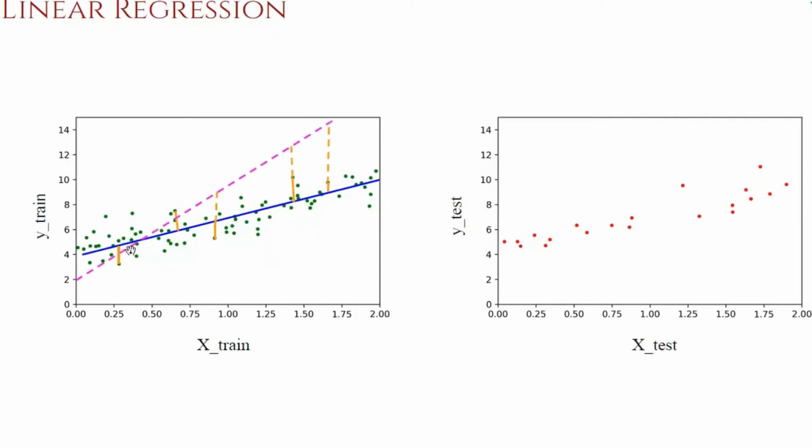Do exactly the same thing for the other line. So you have this dashed line, find those distances. So you will have 80 distances corresponding to this dashed line. So you have a total distance, or equivalently we can call it a total error. We can also average it. So you have an average error. So for every line, there is an average error.